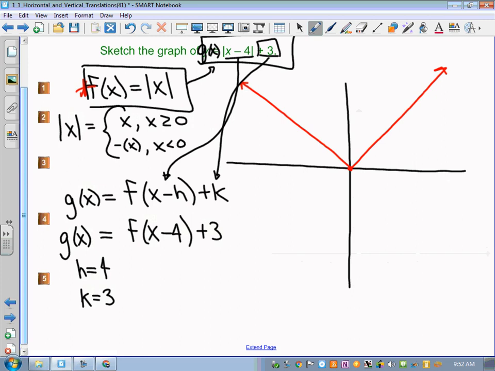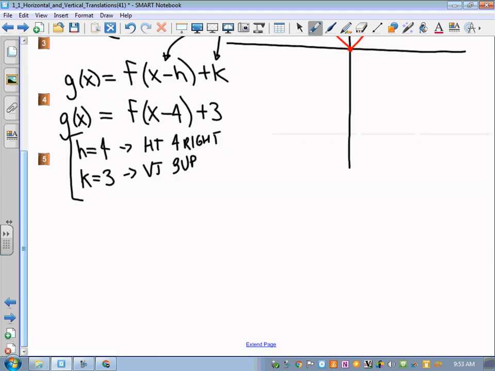Once you know the values of h and k, and later on a and b as well, what we can do is generate the concept, or a mapping, or we use a few different techniques for this, but I think at least to begin with, we should try to hit all three. We are going to describe what these do to our graph. And if h is equal to 4, we have a horizontal translation 4 to the right. If k is equal to 3, I have a vertical translation 3 up. Now, this is guiding us as to how to draw g of x based on what f of x looks like. So in a mapping, I could take any point on the original function,